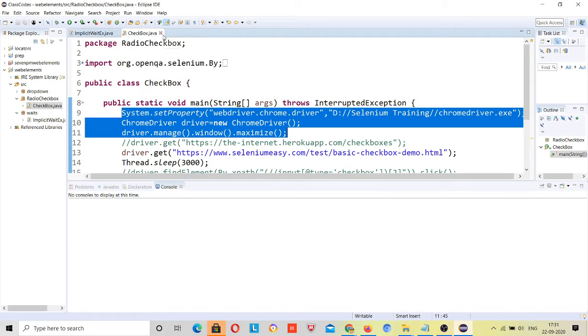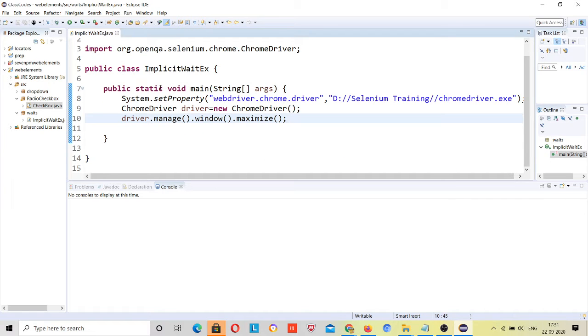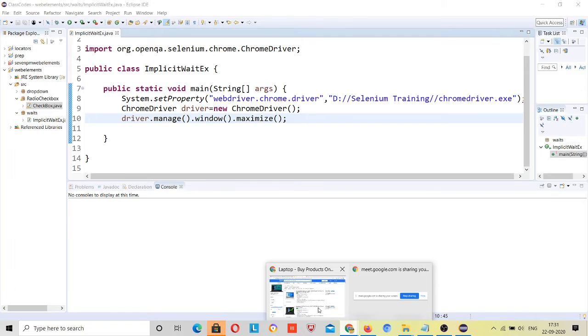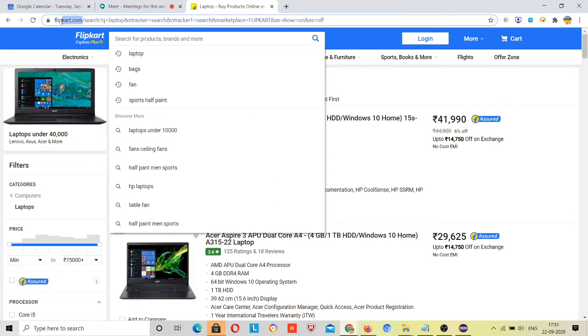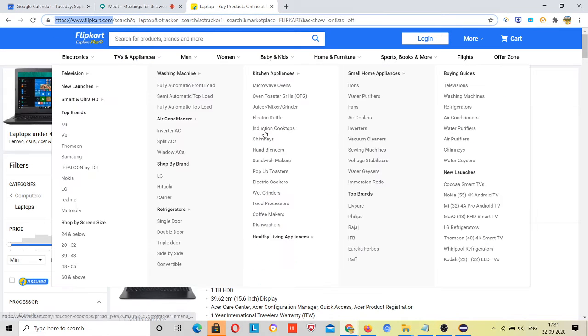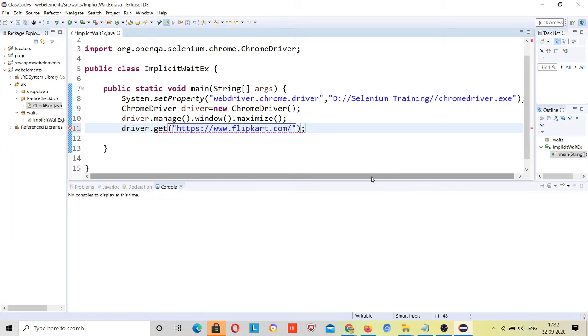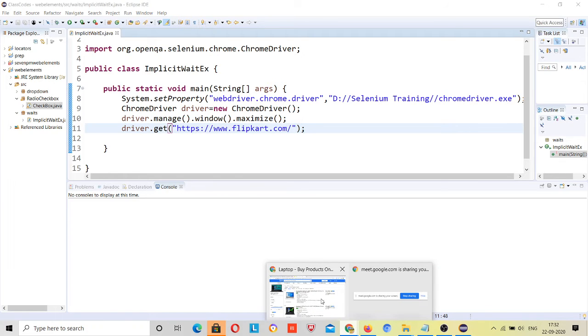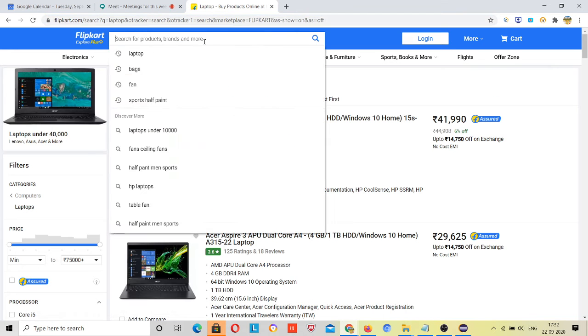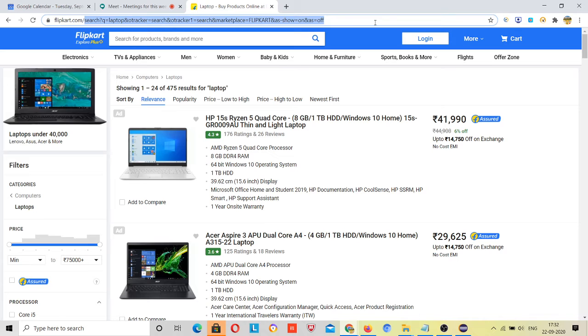Let's close it now. Now I will redirect to flipkart.com, and after redirecting, let me load it again.